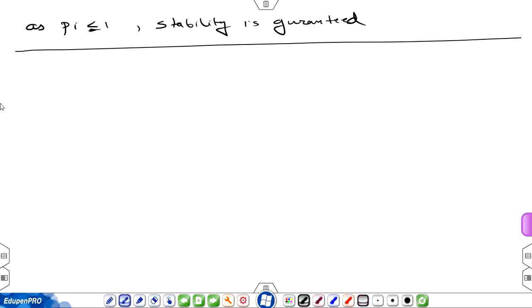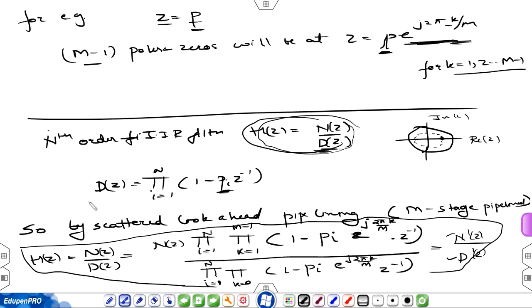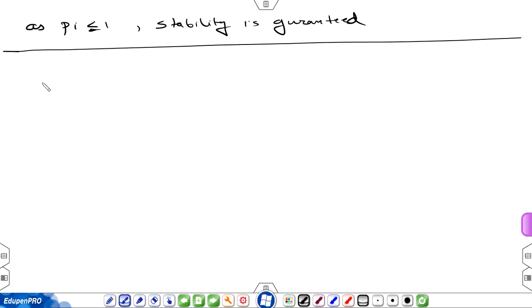Okay, so now I am going to take an example, and using this method, scattered look-ahead pipelining, we will pipeline this. So, example,